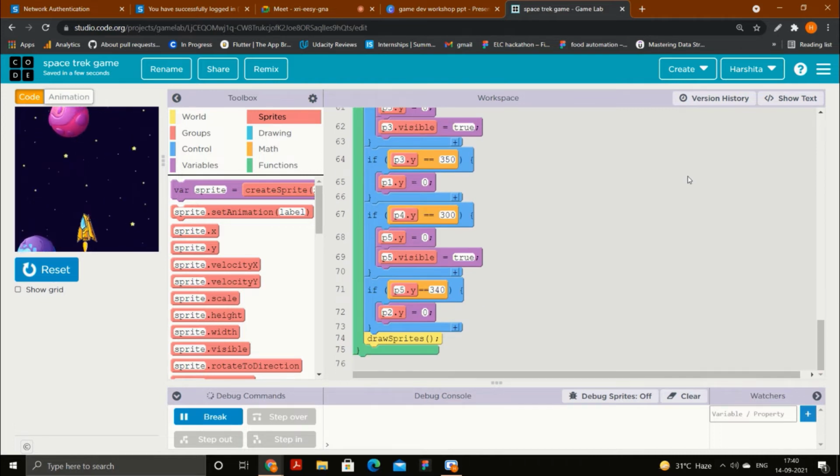Now, what we will move forward, we will not spend that much time on it, because see, now I changed the coordinate. Now the planets are coming in some other manner. Okay, so the code is fine. Now we will move forward.